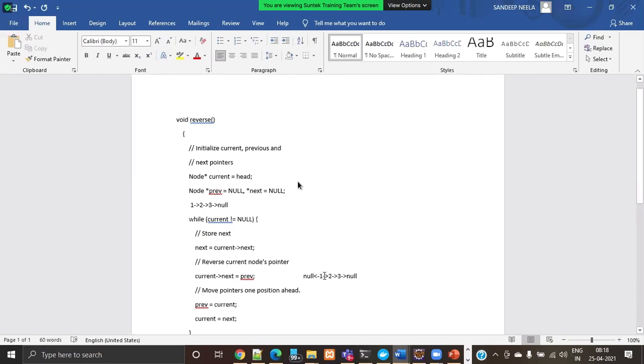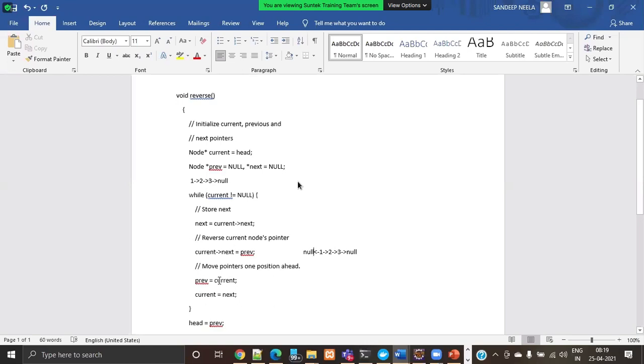So you are making 1 also point towards null. Like this, in the first iteration, it will look like this. After that, we move previous equals current. What is the current value? 1, right? So previous will move to 1, and current equals next. What is the next? 2. So initially we were at 1, but now we are at 2.